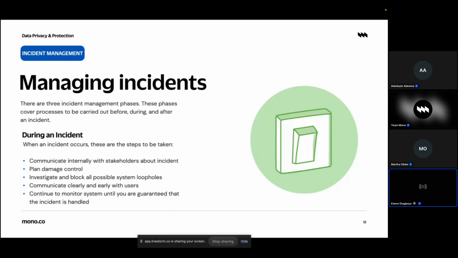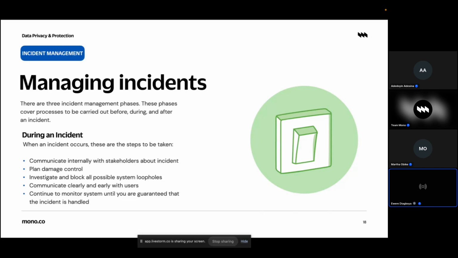Okay, so I was talking about managing an incident. What it means is that you need to have a way of communicating early to users. Some organizations use their Twitter handle to communicate downtimes, incidents, and what they are doing about it. I mentioned status pages. You need to make sure that your users are aware that you are aware of that issue, not the other way around, with the users telling you there's a problem with your system. And that's where the early detection we talked about is very key. When you detect an incident early, you are the one that will communicate to your customers that, hey, there's an incident, we're aware of the incident, and we are currently looking into that incident.